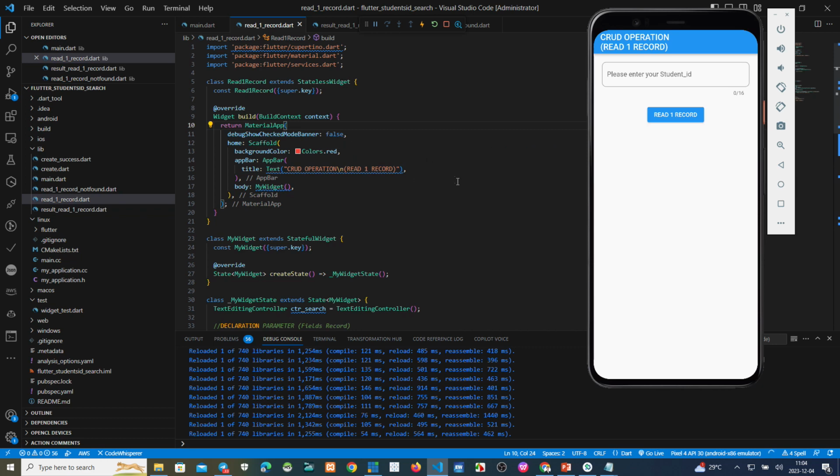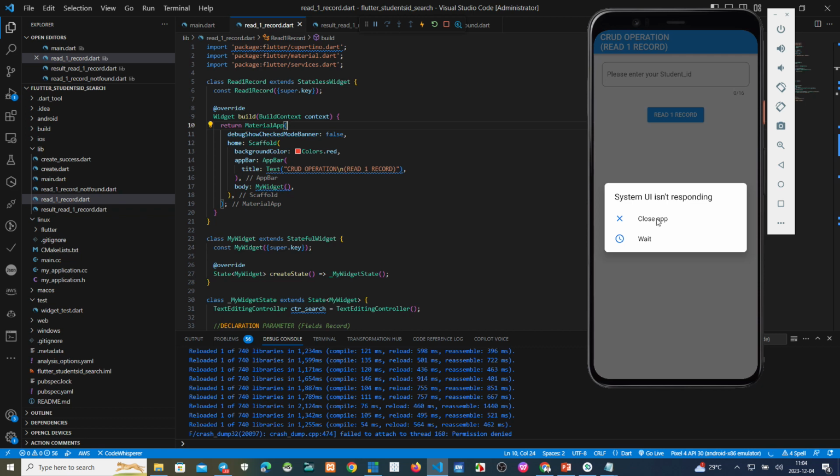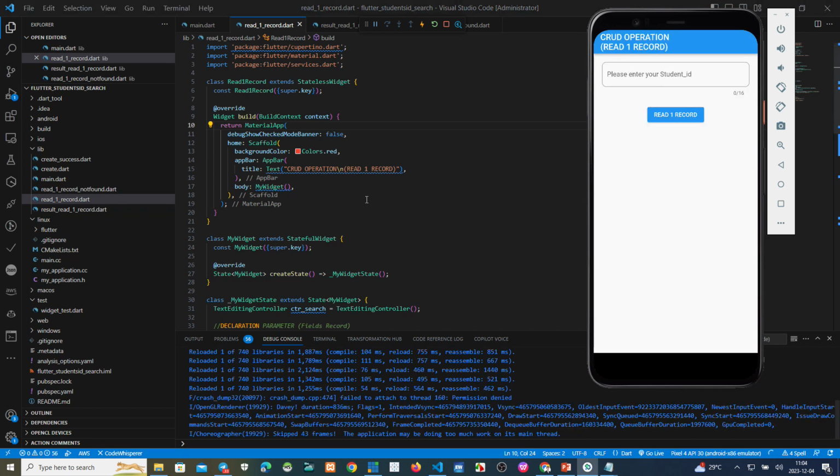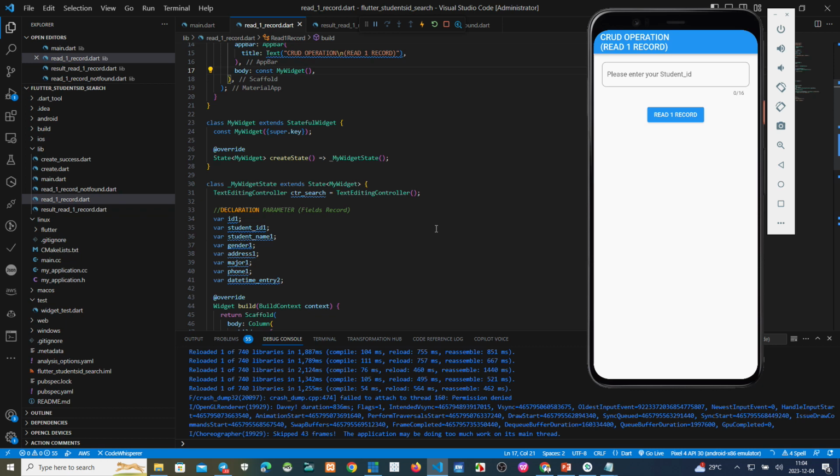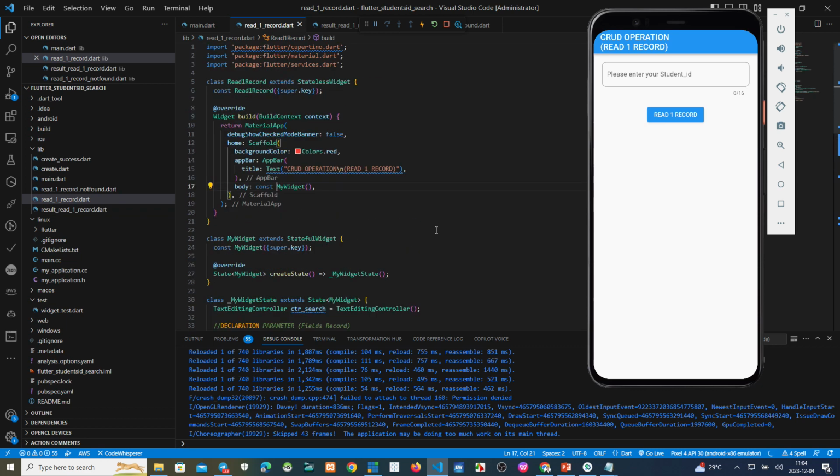Now we make this one const. And also this one, we make this center.